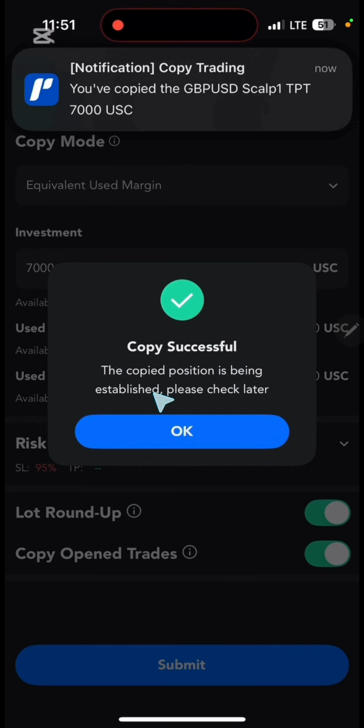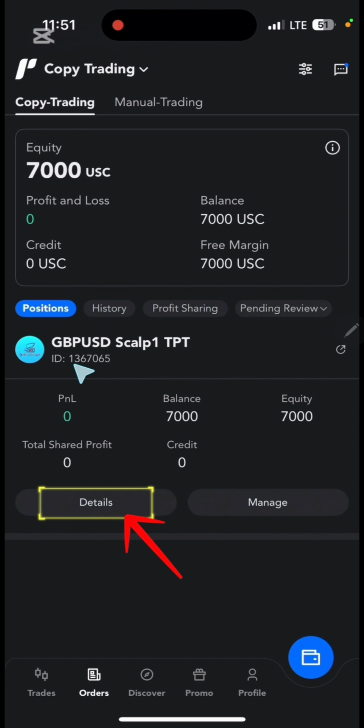After the submission, it will show you this message. If it shows you this message, this means you have proceeded perfectly. After you click OK on the message shown on the previous screen,